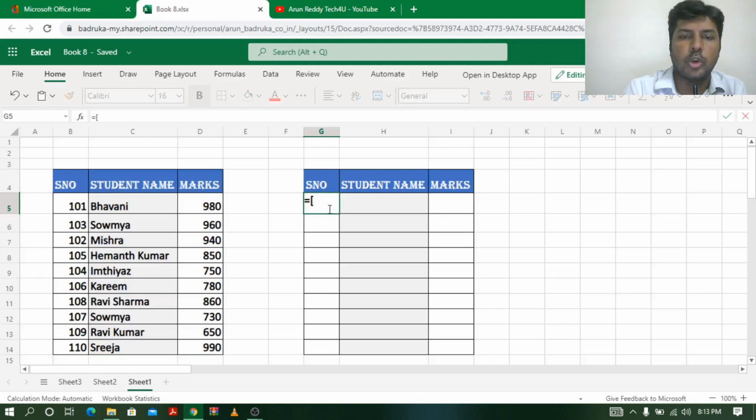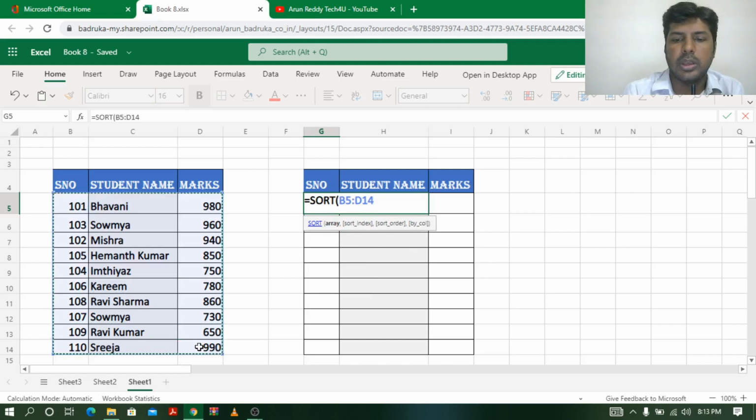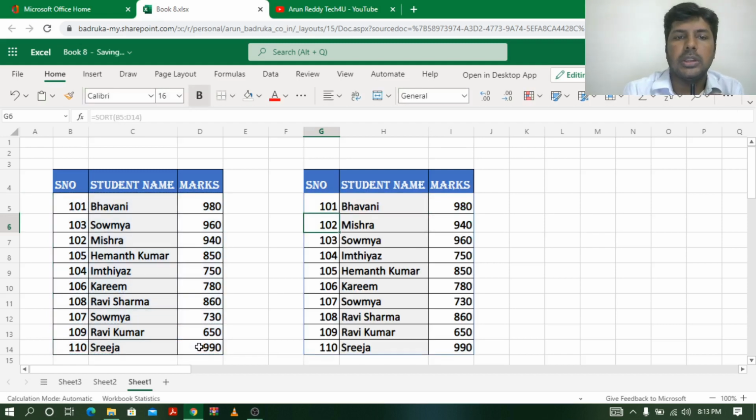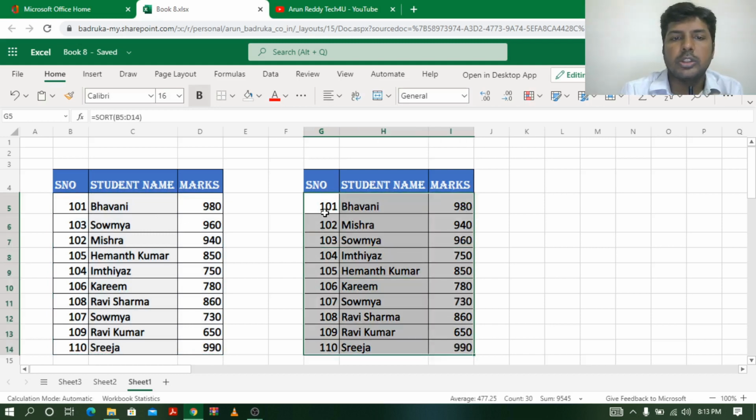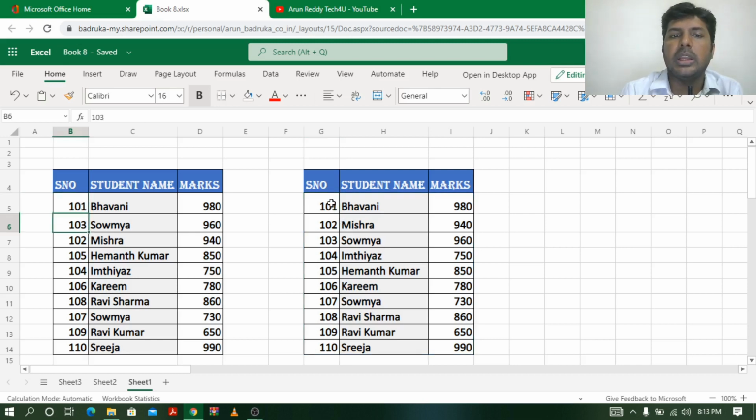So I will type =SORT, open bracket. This time I am going to select all three columns, close bracket, enter. Nice. Now you can see I got the whole table sorted based on the student number. First it was 101, second it was 103, but here it has sorted according